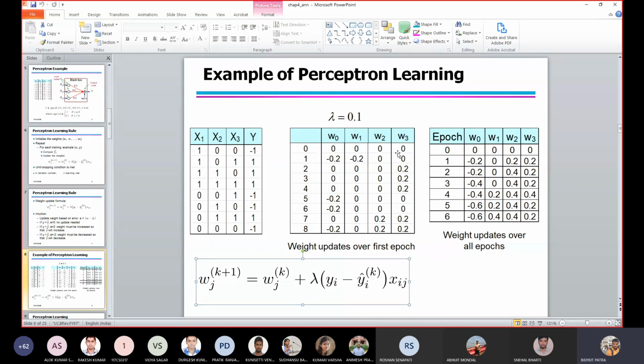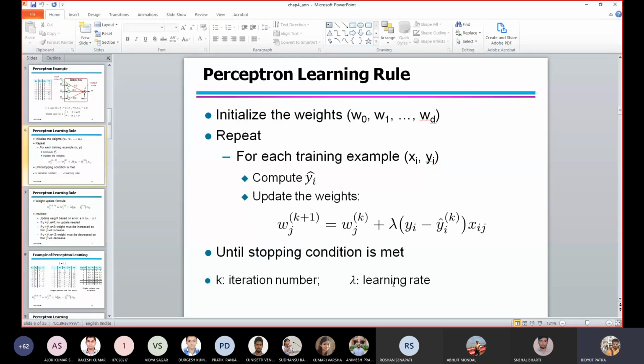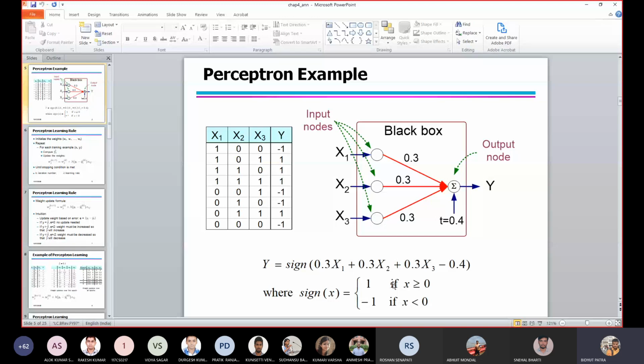So then what will be the value of y cap, the predicted value? y cap is the sign of the entire part, with T as 0.4, and these are the initial values, which are 0.